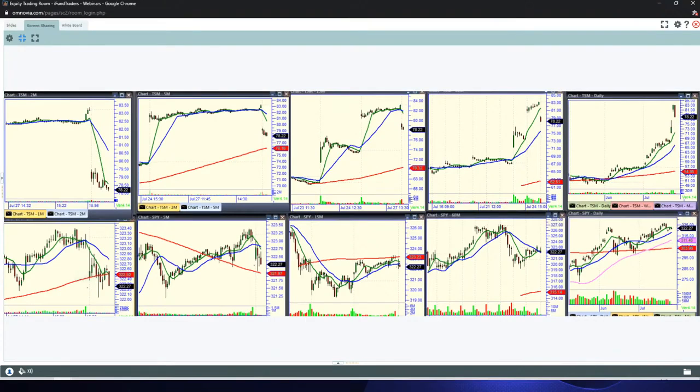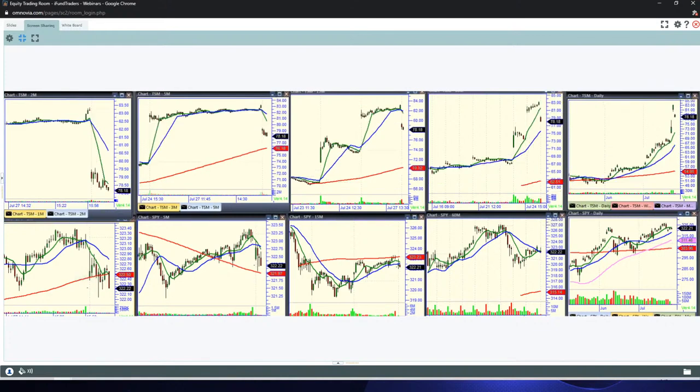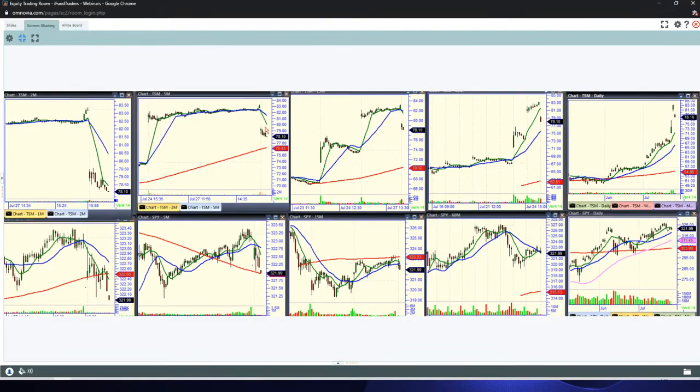TSM. It's getting a play. Looks like it's kind of playing off of AMD stuff here, right? Yeah, I'm doing the same thing. So you want to play the break of that. It's a pretty big gap down already, trying to fail at 78. 2 big gaps in a row, now right in the middle.